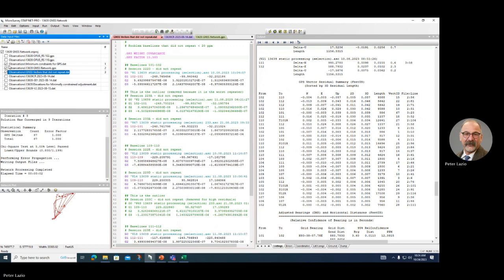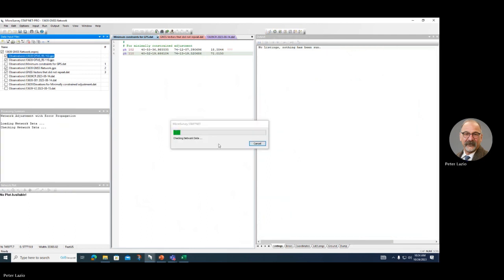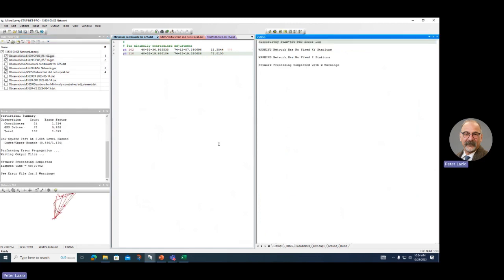And here's the advantage: if I didn't just take those minimal constraints out, I would have to go through and highlight them, but now I just unclick it. And how does my OPUS and my GPS all work together? It works together remarkably well. So now I've got an adjustment with,